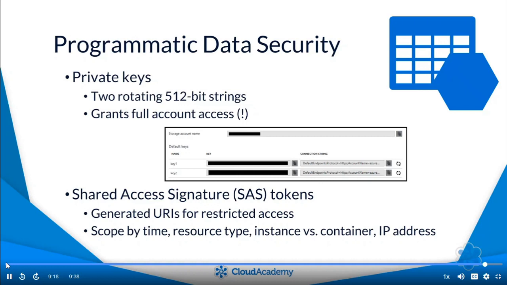Note that securing Azure Storage against unintended management activity uses different mechanisms than those presented here. For management security, Azure Storage relies on the standard Azure Role-Based Access Control, or RBAC, feature, and integration with Azure Active Directory. We'll talk more about programmatic and management level security later in the course. For now, let's look closer at creating a storage account and securing